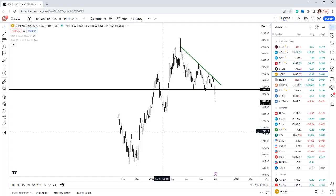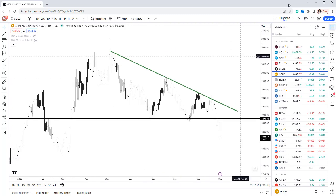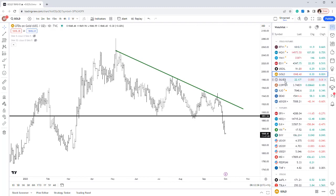We may get a little bit of a shake and bake initially, right? And what I mean by that is we may get something like this out of gold, something like that, and then a roll over. In fact, that's actually what I'd prefer, because it'd give me a really good trading opportunity from the gold perspective. Now looking at silver,